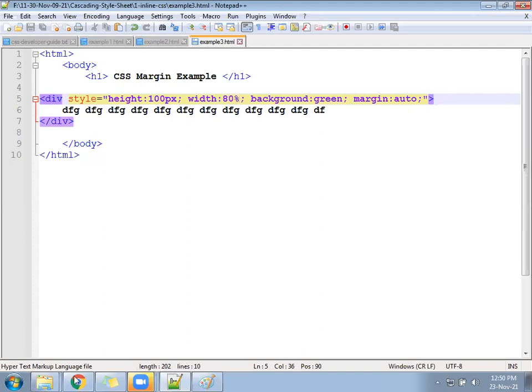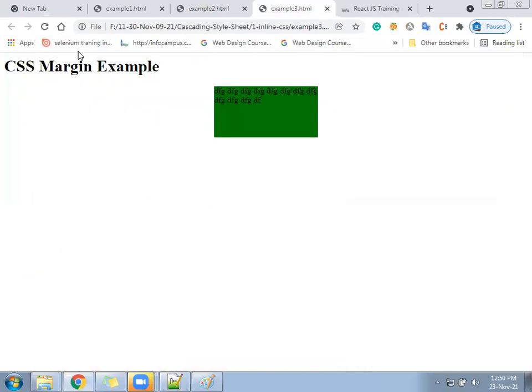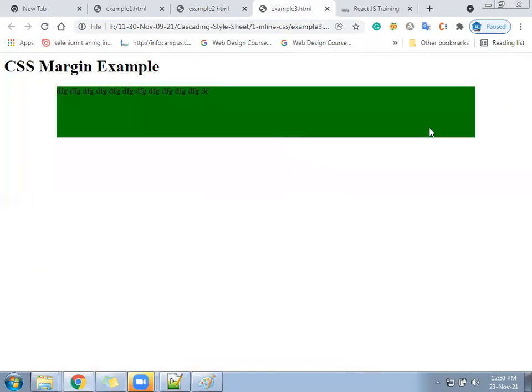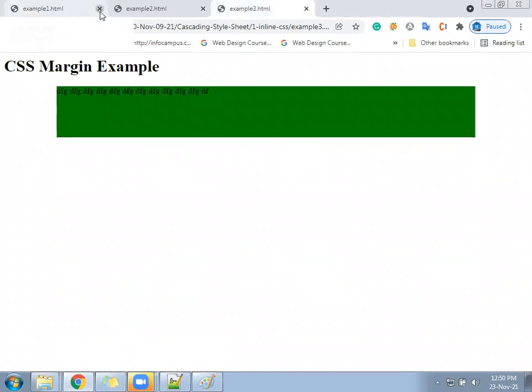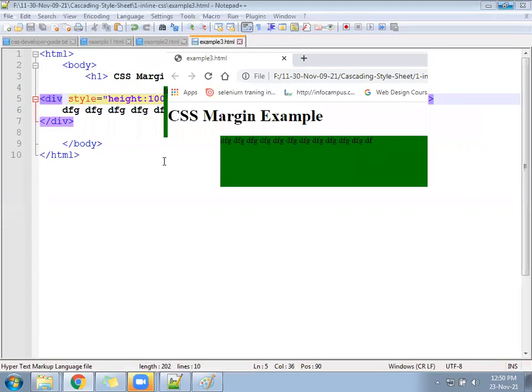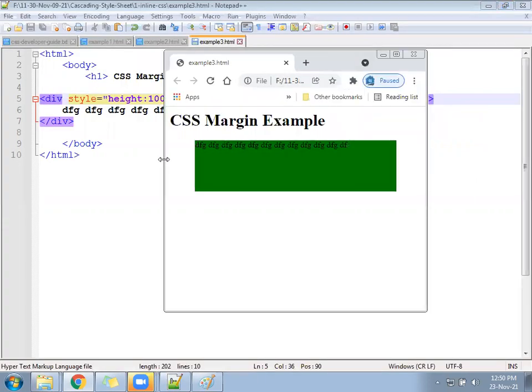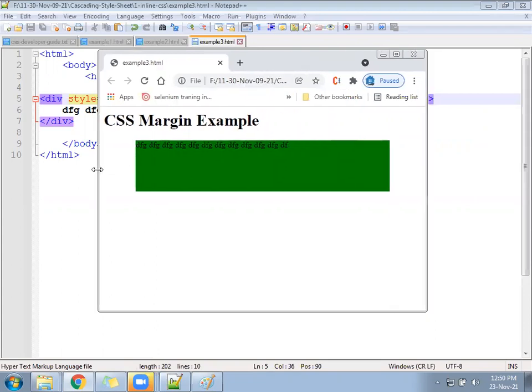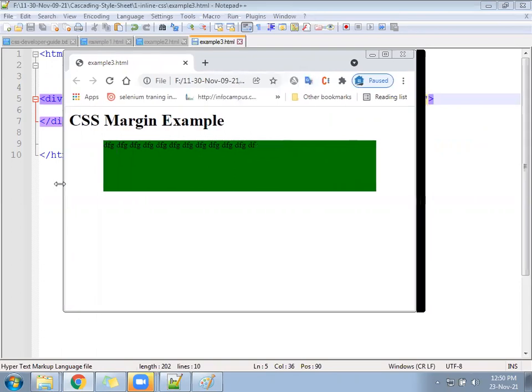Let me go here and see. 80% cover here. Let me minimize this window a little, a small size. Now also 80%. If I increase a little, then also 80%.